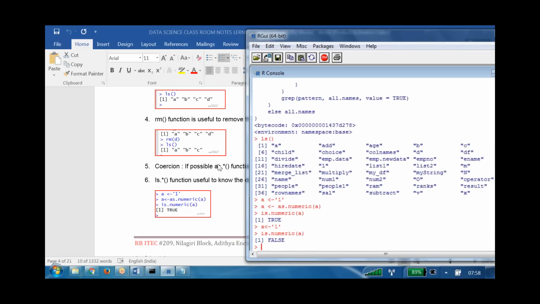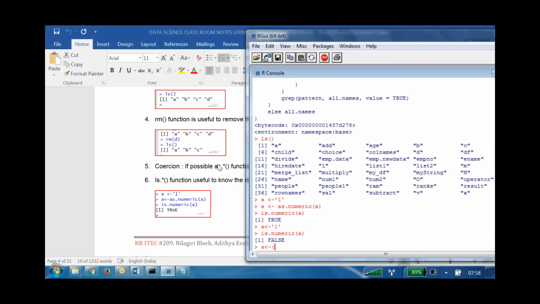So here there are two functions available, is dot star and as dot star. as dot star is useful to convert one data type to another data type. For example, I want to do one thing. What I want to do is map a is equal to 'RAM', a string in single quotes.